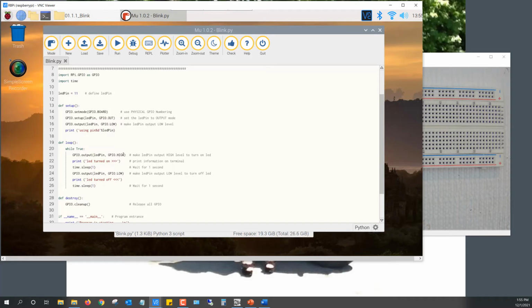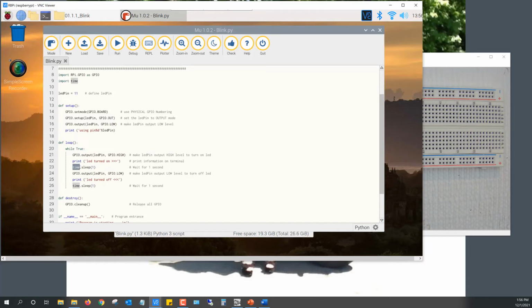So now we're turning the LED on and we're setting the signal on pin number 11 to high. And then we're printing a message out, print LED turned on. Okay, so we literally print that on the screen. And again, whenever you see that pound sign, that says it's a comment. The computer does not pay attention to those, and those are specifically here to help us understand. Going forward,